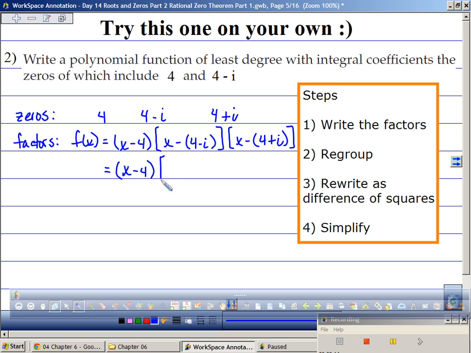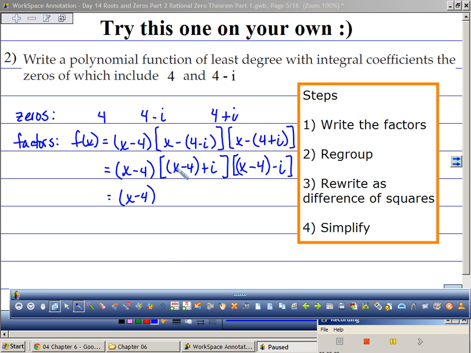So I'm going to regroup it to x minus 4, it's going to become positive i, and x minus 4 minus i. Now I have the difference of 2 squares. Okay, I'll pause. Okay, so now that I have the difference of 2 squares,